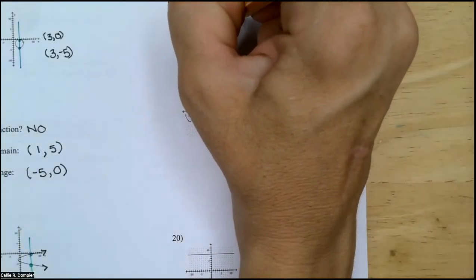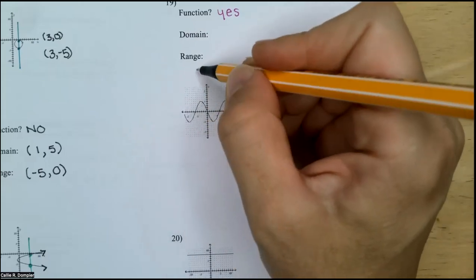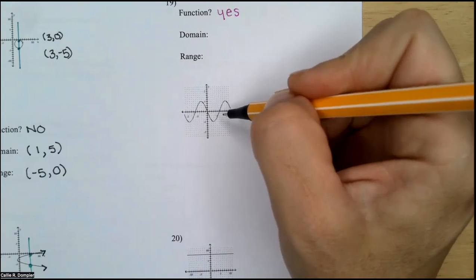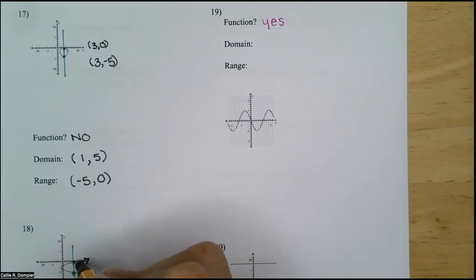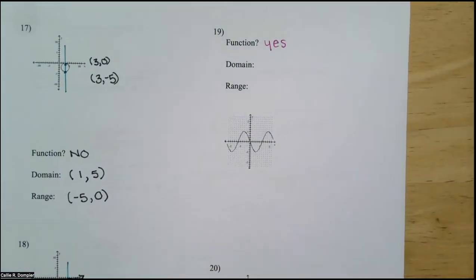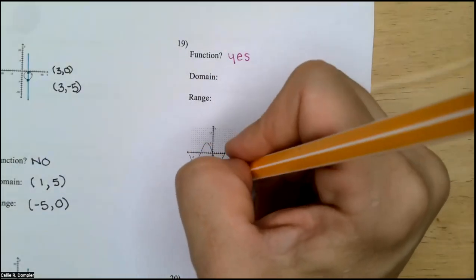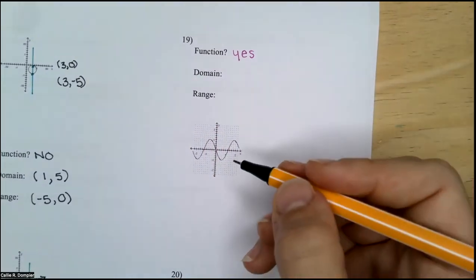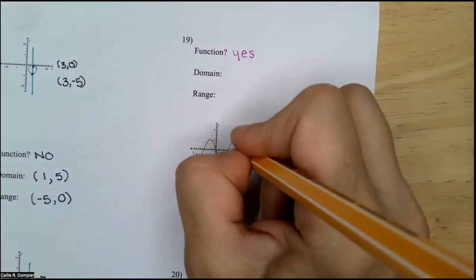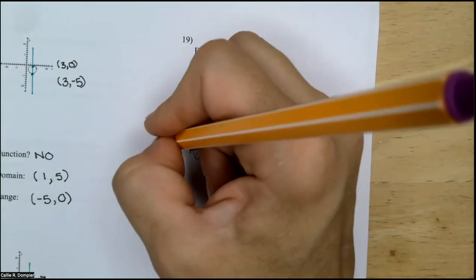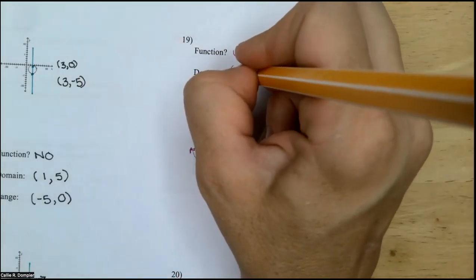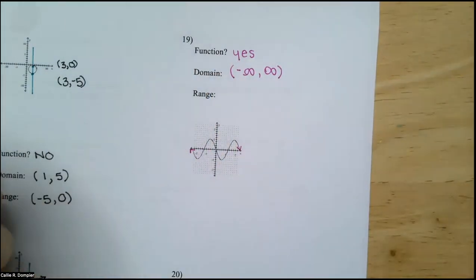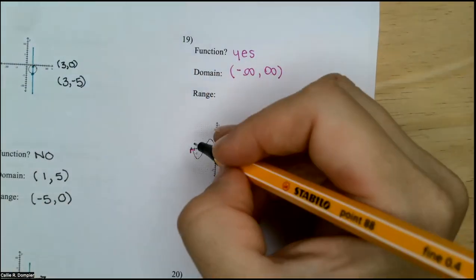Let's switch it up a bit. It is a function because even though it's swirling, it's curving, it's not going back on itself like the circle or the sideways parabola. So it is a function. There's no place where I can put a vertical line that will give me 2 y values for 1 x, okay? My domain from -x to +x is from negative infinity to infinity. My range on the y, remember we're starting at the bottom,